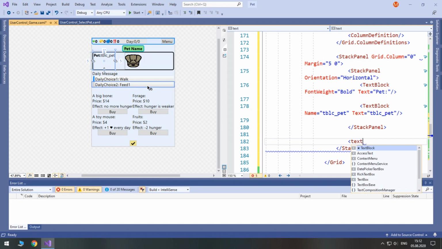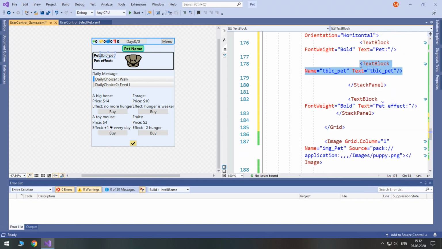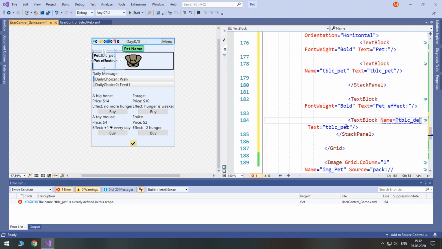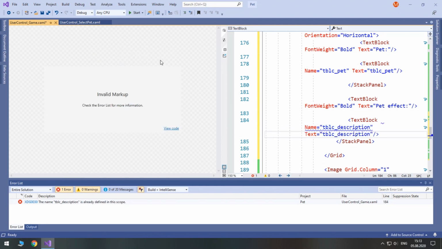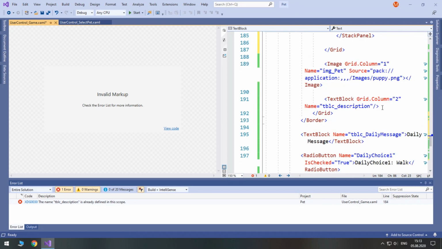So let's create here another text block, set its text to pet effect colon and make it bold. A text block for the value itself, TBLC description. We already have a name for this one, so let's find where we duplicated it. Oh, right here.